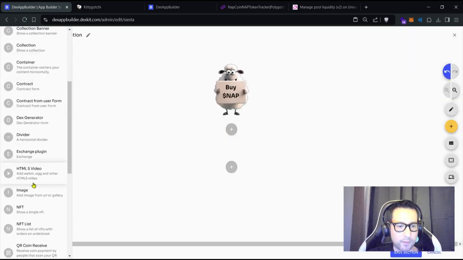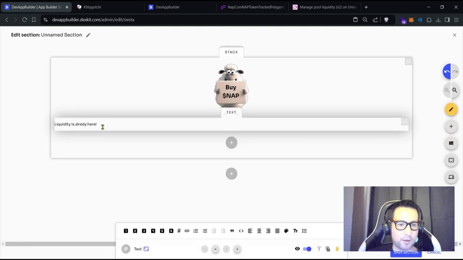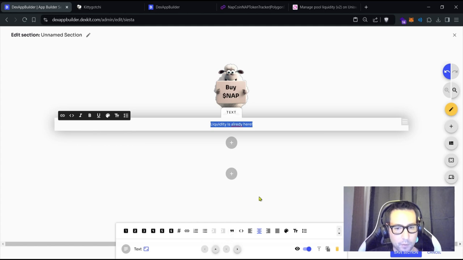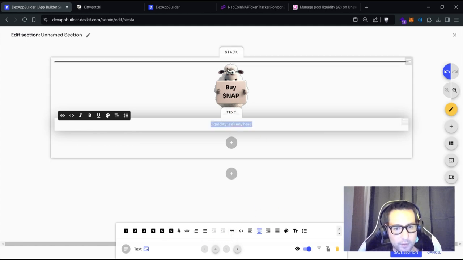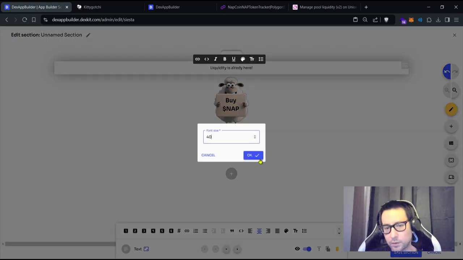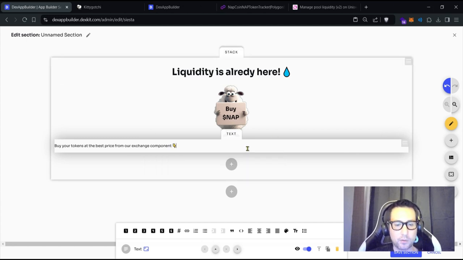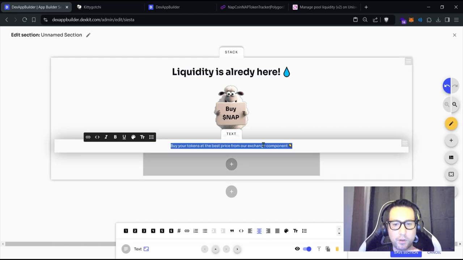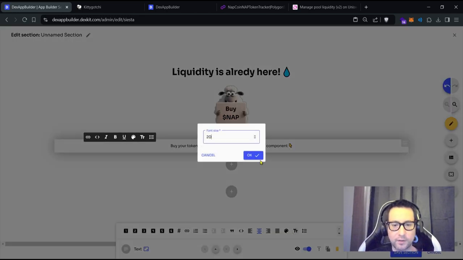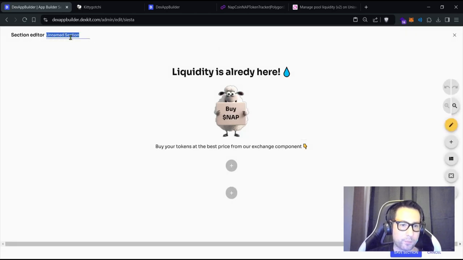We will add before a text. Liquidity is already here. We center it. We can put it in a bubble of our sheet. We use a different letter. We need to promote our trading component, so we can put a quote here. We can change the size. Let's use 20, and let's put a name. We save